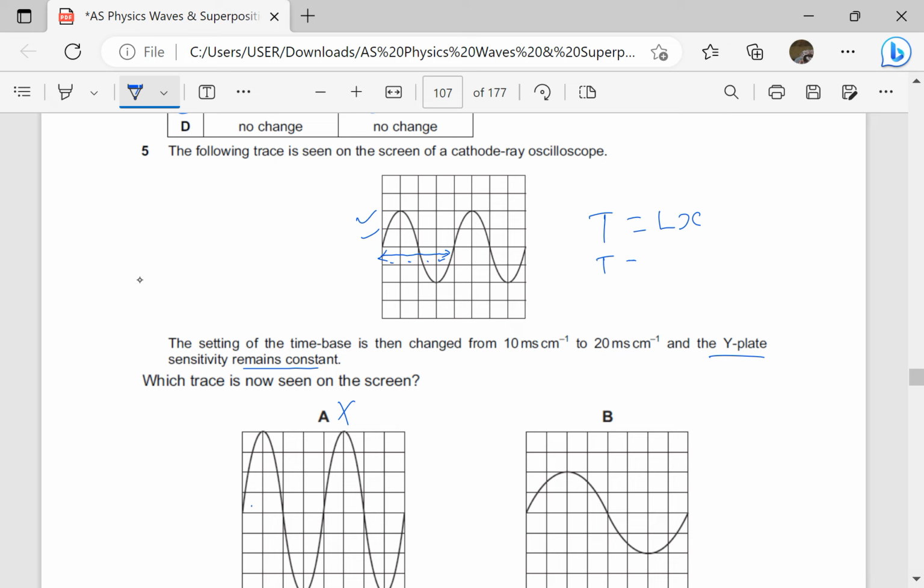So the period was T when the length of one cycle was 4 boxes, and the time-base setting was 10. 4 boxes is 4 centimeters, because each box is 1 centimeter. So this is 4 centimeters times the time-base setting, which is 10